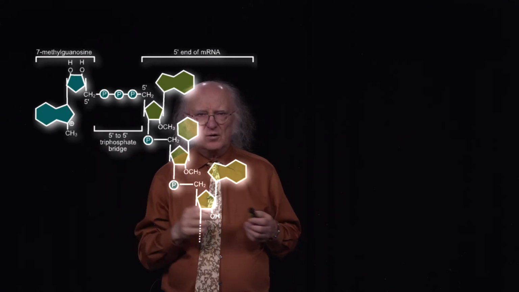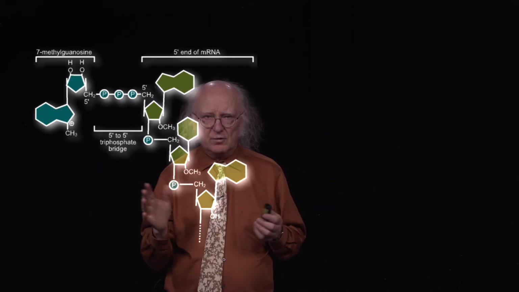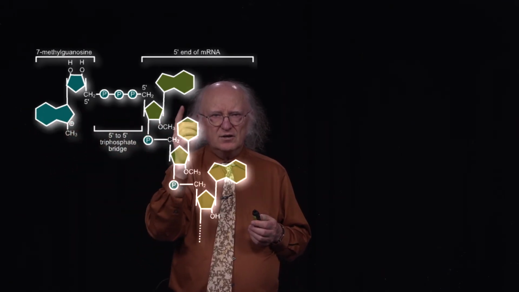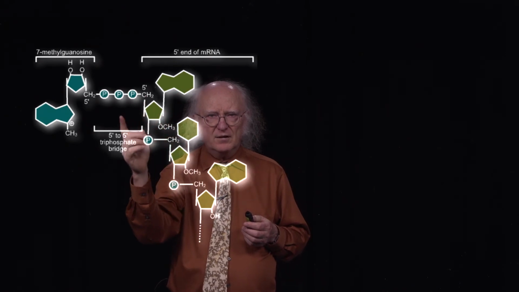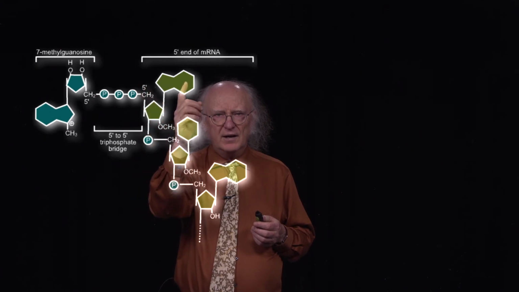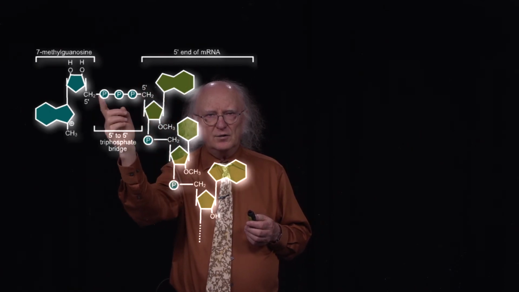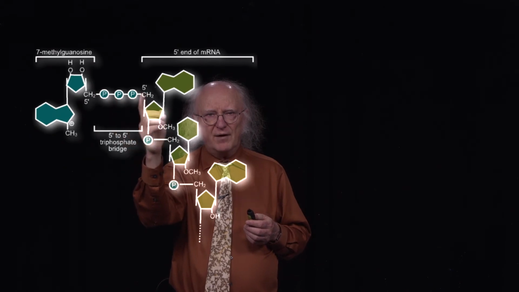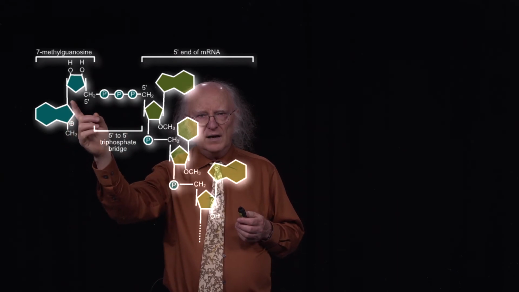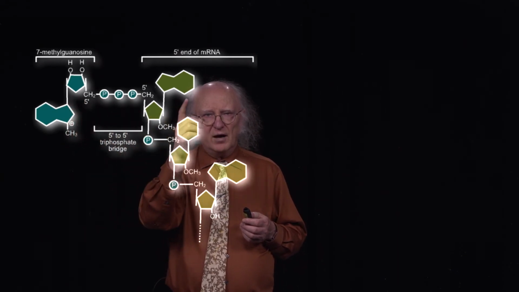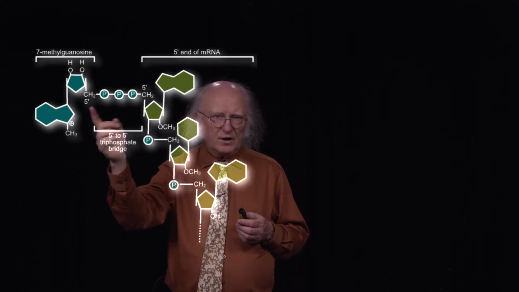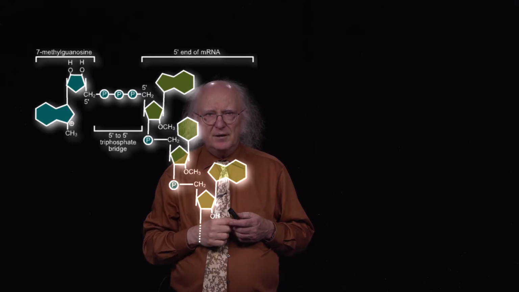Now, we don't need to concern ourselves in this class with the exact structure of that, but suffice it to say that that guanine nucleotide is joined to the 5' end, and here's the 5' end of the messenger RNA that you can see here. It's joined to the 5' end of the messenger RNA in a very unusual bond, and you can see that bond right there. It's a 5' to 5' bond between the modified guanine nucleotide and the 5' end of the messenger RNA. Now, this unusual structure, as I said, is called a cap, and it appears to play at least